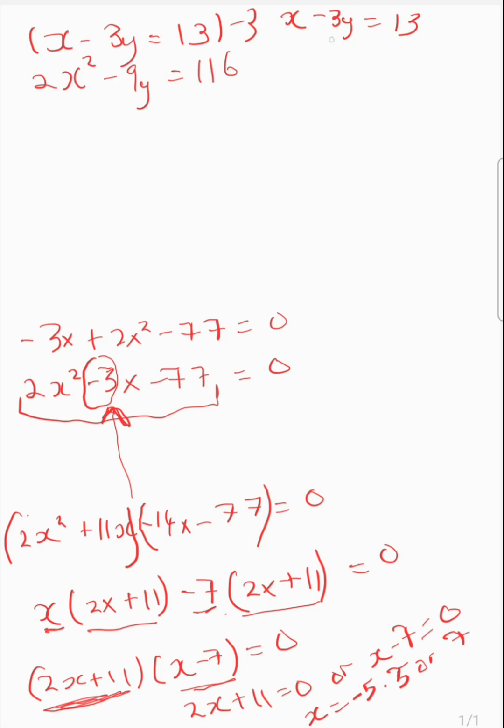When we substitute the value of x as minus 5.5, we are going to get that y equals minus 6 whole 1 over 6. Then when we substitute 7, we are going to find that y equals